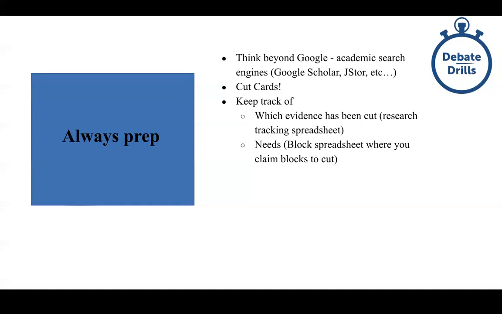Next, you want to keep track of specific needs. So a really effective way that you can do this is through having a block spreadsheet. A block spreadsheet is kind of similar to the research tracking spreadsheet, except this is going to basically have a sheet for the pro arguments and a sheet for the con arguments. And you're going to want to list out every single potential argument, and someone on your team, prep group, whatever, wants to claim one of those blocks that they're going to prepare for the group and to send that out with everybody.